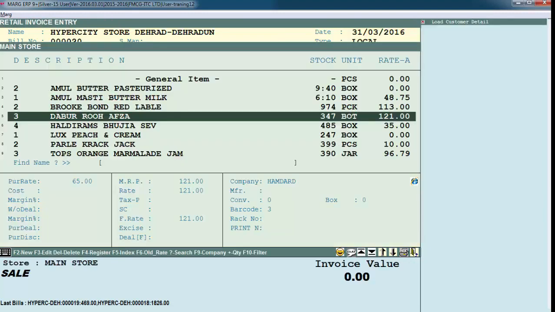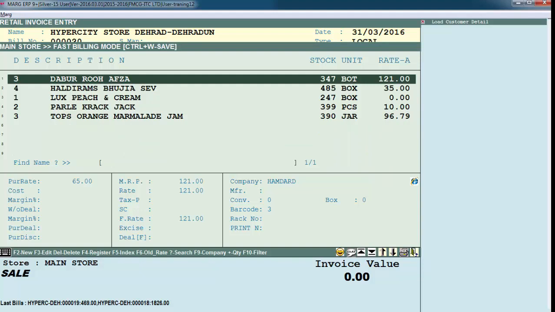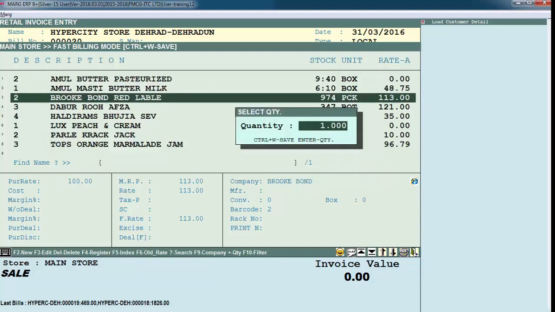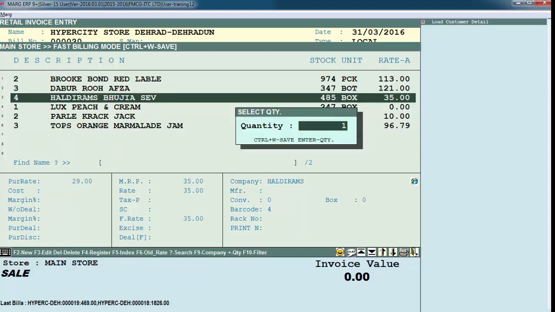Here on the items window, you press Ctrl W. Define the quantity required, suppose 1. Enter. Then enter on the product required. Then again the quantity window appears. We again define the quantity, suppose 2. Enter. Select the product whose 2 quantities required. Then again this window appears.